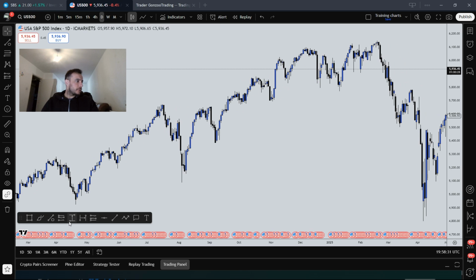So, for example, here, if we can identify, we have broken out this structure around here, so we're in the bullish trend, and therefore, until we break this low, we're on the bullish trend. Then we can only identify the next higher low as soon as the high is broken. So this high is broken. So we are still in the bullish trend, and we carry on